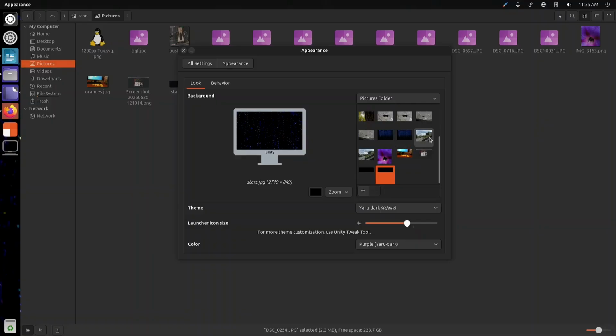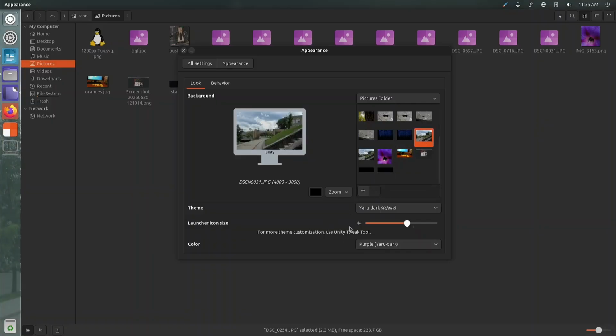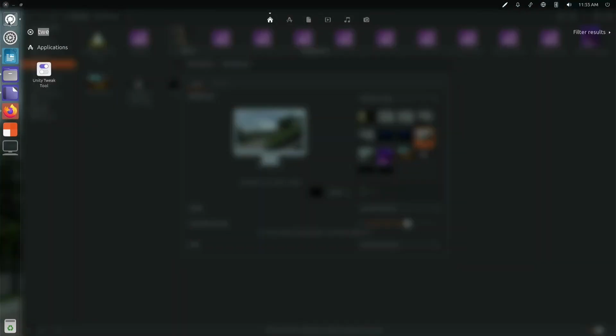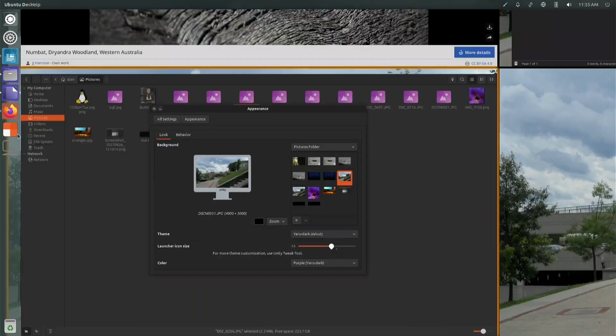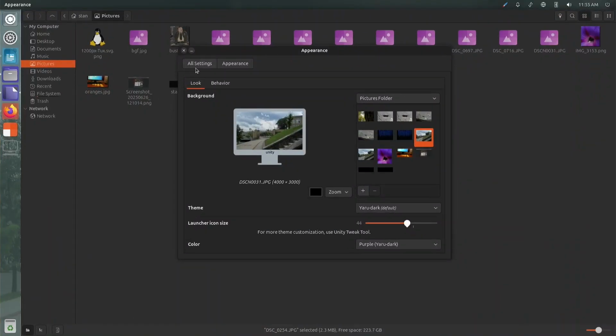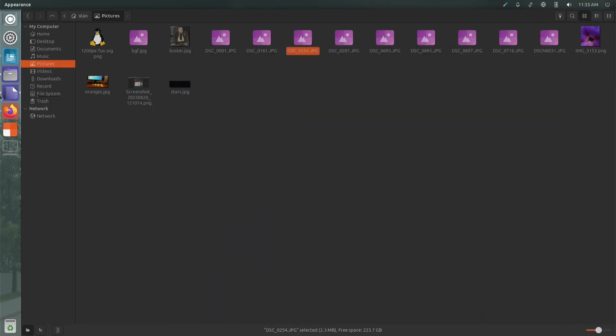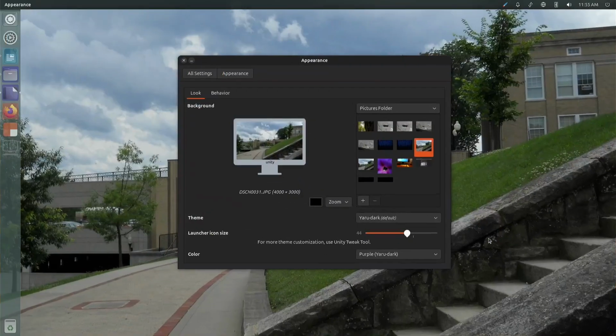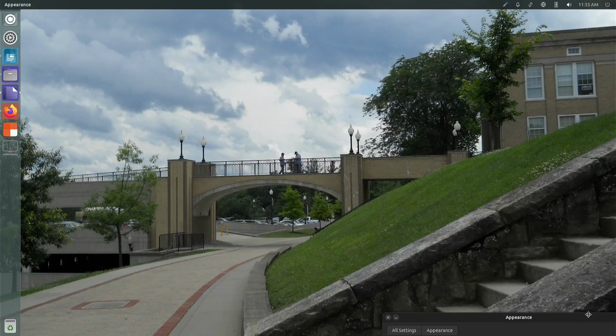Let's see here. And of course the launcher changed appearance because what am I doing? Let's see here. Move to workspace 4. Oop. Okay. So yeah.